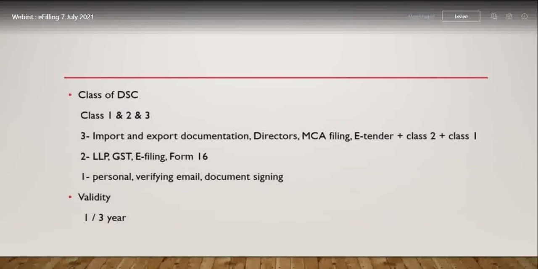How is DSC Class 2 used? For LLP registrations. If you are a partner of an LLP, you have to take a DSC Class 3 signature or Class 2 signature. For e-filing we are using Class 2, and for Form 16 we are using Class 2. And how does Class 1 help me? For my personal purposes,